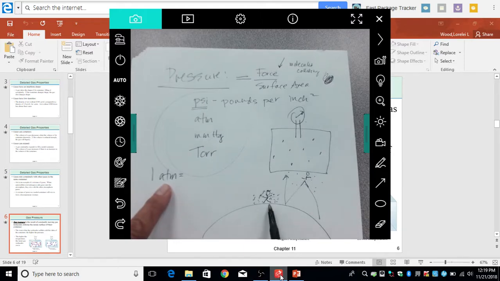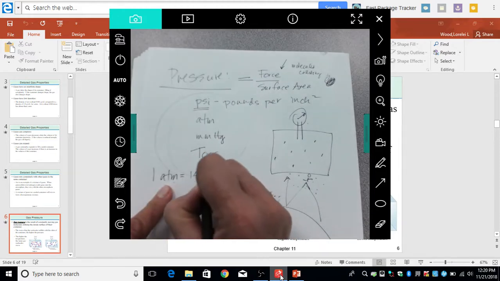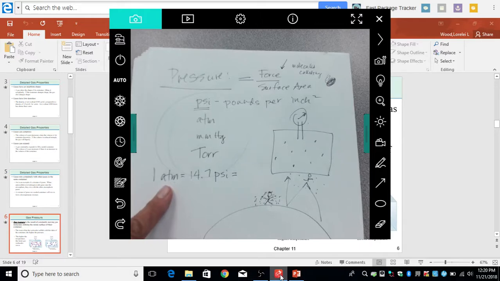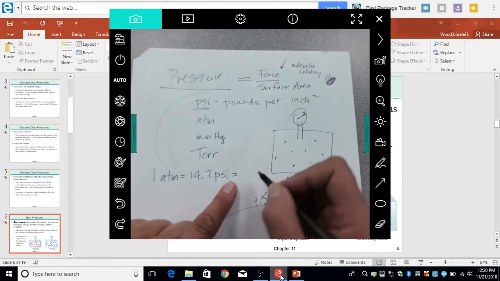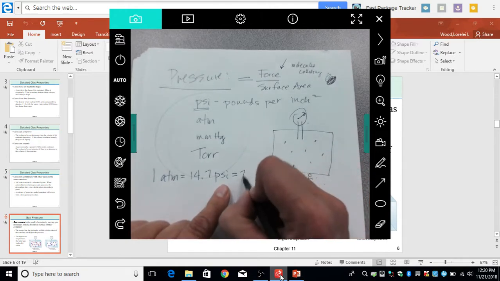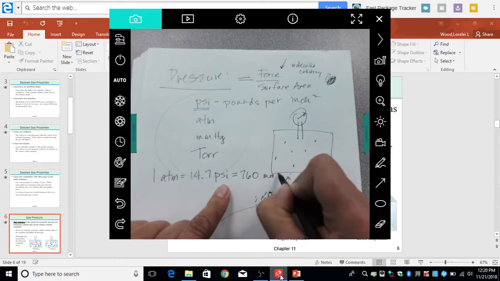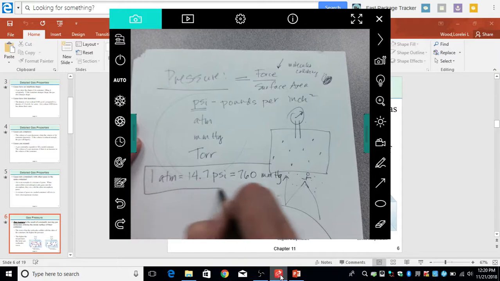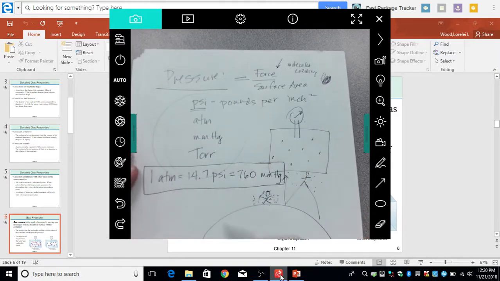Here at sea level, or in San Diego, it's about 1 atm. You go up to the Rocky Mountains, it's something like 0.8 or 0.9. It's much less. 1 atm is equal to, I believe, 14.7 psi. And we do have to change units in pressure, just like we have to change units in temperature when we're talking about gas laws. 14.7 psi is also equal to 760 millimeters of mercury. Those are all conversion factors that you're going to have to be able to use. And generally, we're going to want to do most of our calculations in atm.